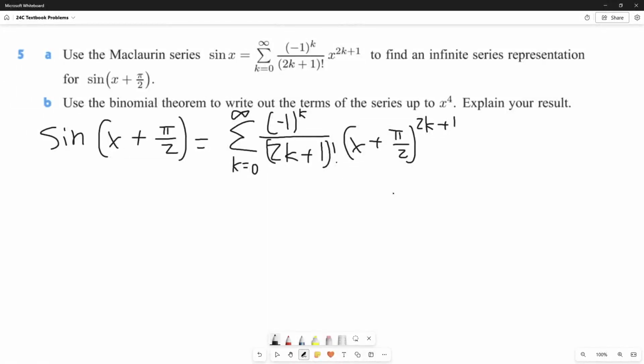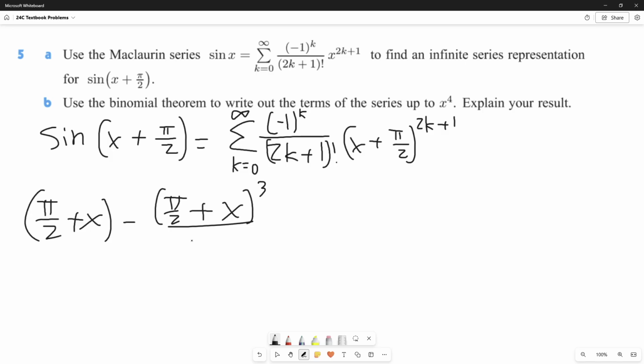And part B says use the binomial theorem to write out the terms of the series up to x to the 4th. Explain your result. So the first thing you need to do is use sigma notation from part A to rewrite sine of x plus pi over 2, just write the first few terms of the Maclaurin series. So it will be pi over 2 plus x minus pi over 2 plus x cubed over 3